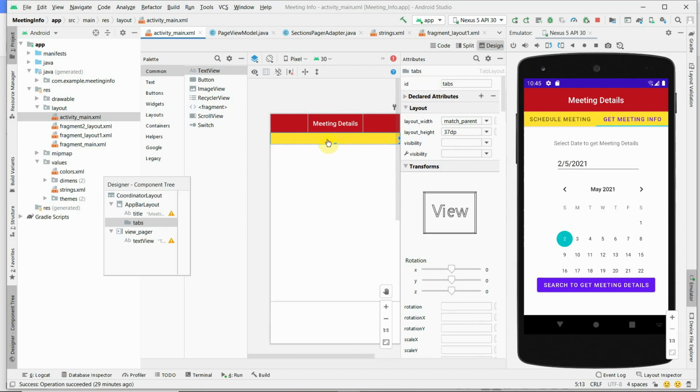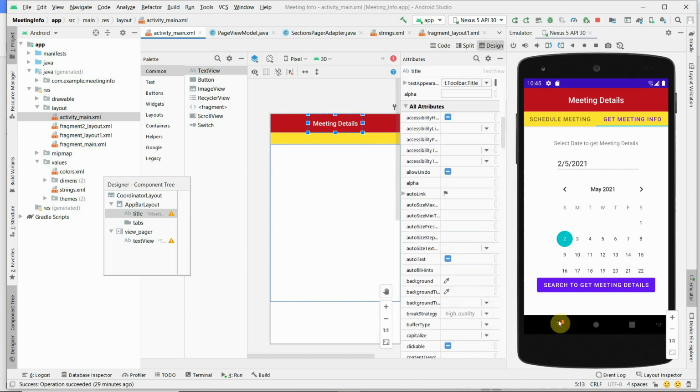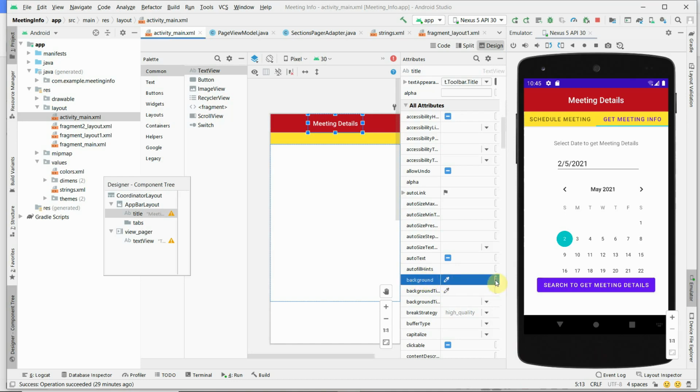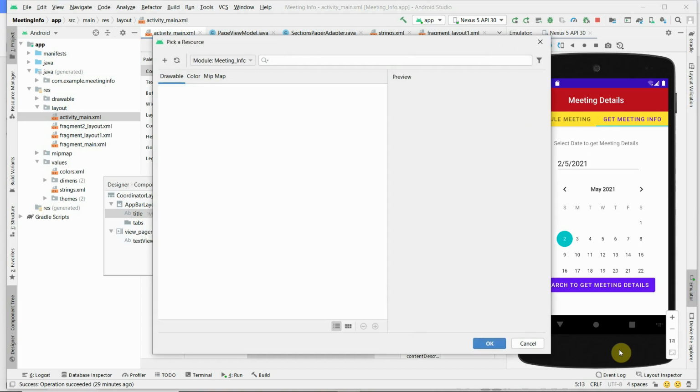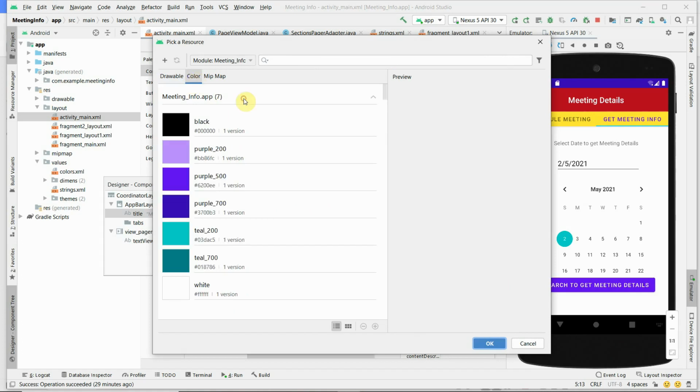To change the background color of this ID, that is the title ID, you have to go to text background, then background color. You can select the background color from the dialog box. Whatever background color you want to apply, you can select from here.